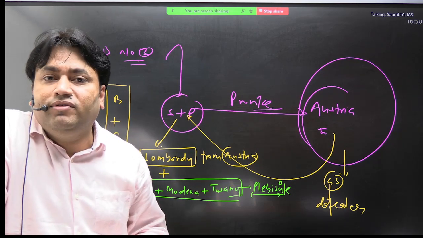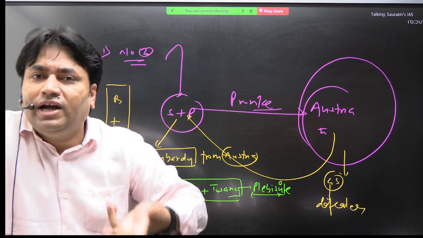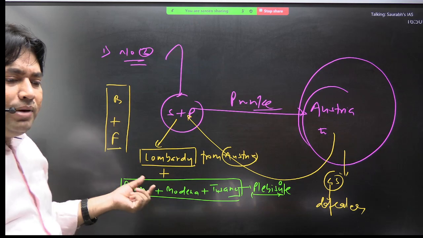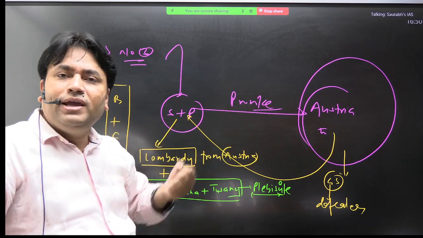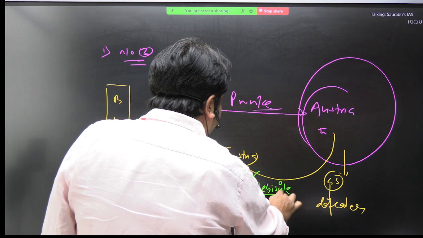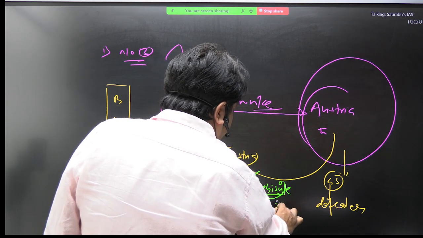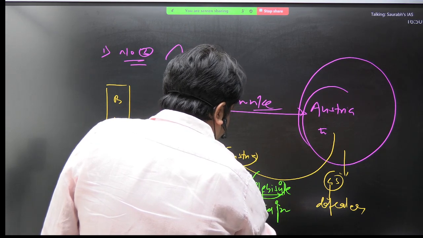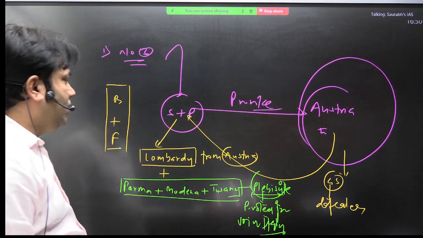The people will say that we will be part of Italy, because they are filled with the idea of nationalism. So Parma, Modena and Tuscany will also be taken by Sardinia-Piedmont. Here a plebiscite will be conducted and the people voted for joining Italy. They were in favor of the unification of Italy.